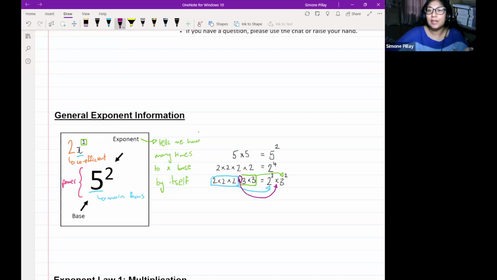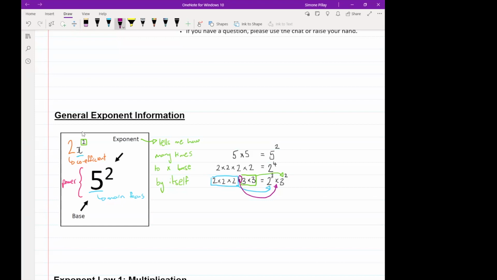Exactly. So usually it happens subconsciously. We don't even realize that this is a method that we're using, but this is how you need to think of it. And I see you say because they aren't like terms. Like terms we deal with mostly when it comes to dealing with variables. But in this case, I could have multiplied 2 times 3 and said, okay, that's 6. But when we're dealing with exponents, I know that all my 2's can be condensed into exponent form and all the 3's can be condensed into exponent form, but I'm still multiplying them to each other. Okay, and then